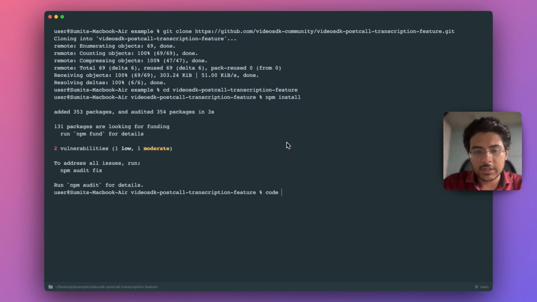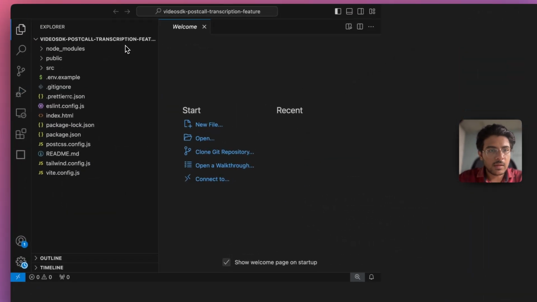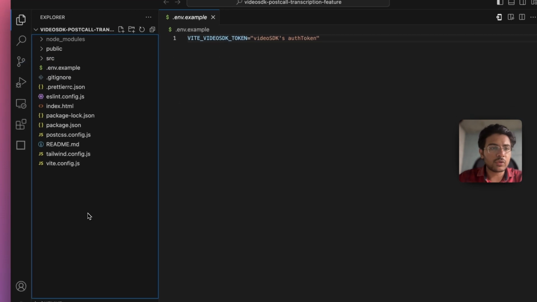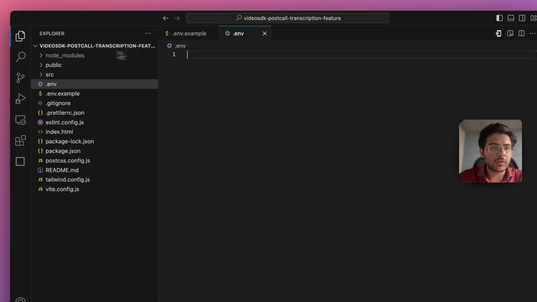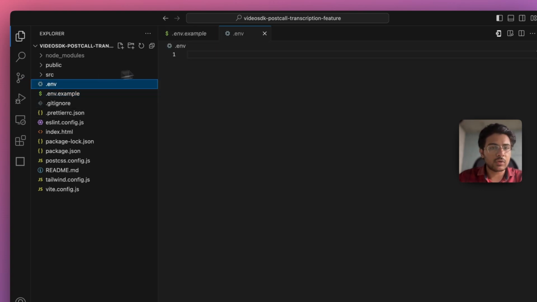Let's open this project inside VS Code. So this is the template file. What we need to do is create a .env file, and here we need to add this VideoSDK auth token. To generate an auth token, we can navigate to